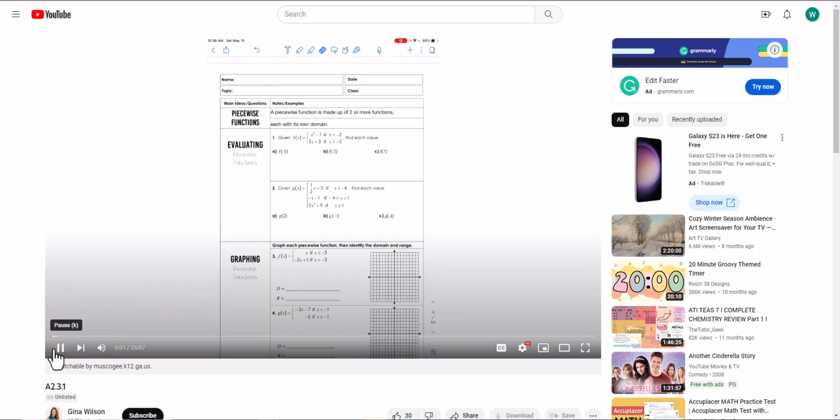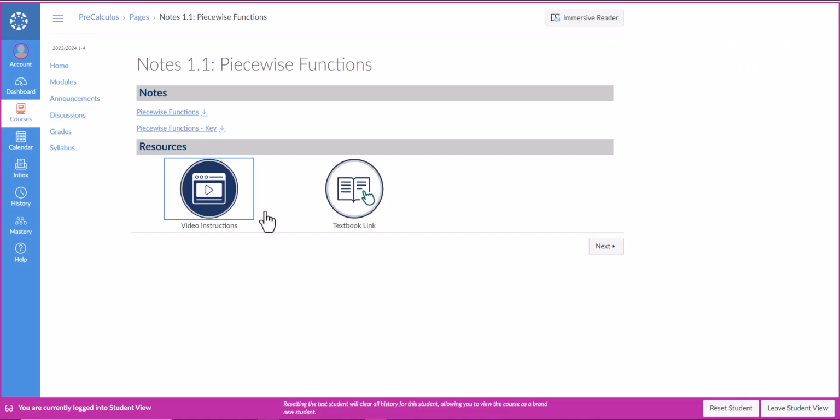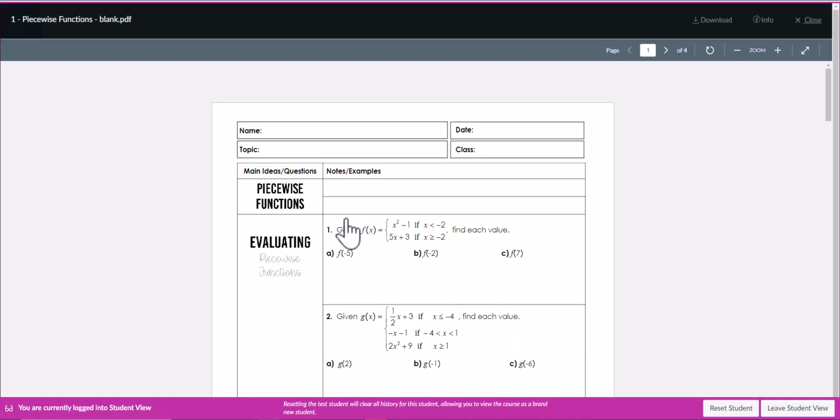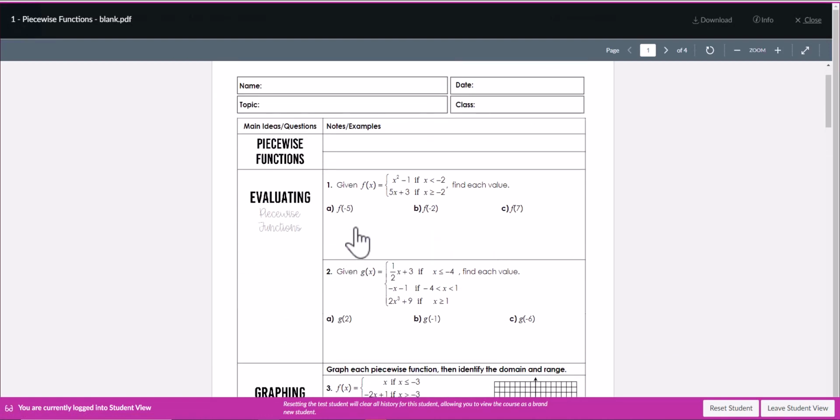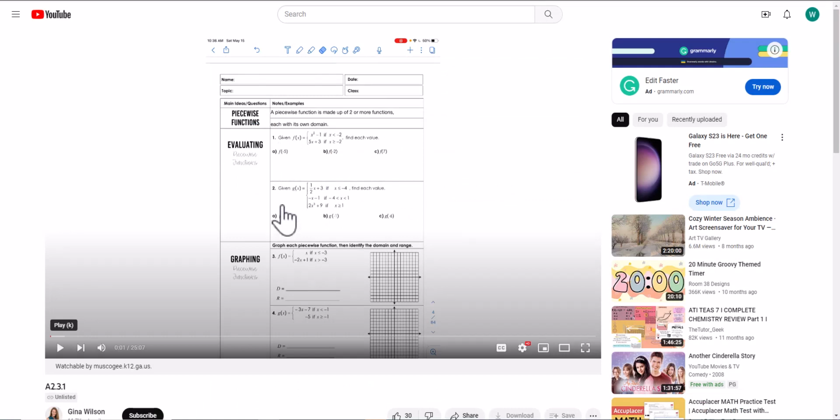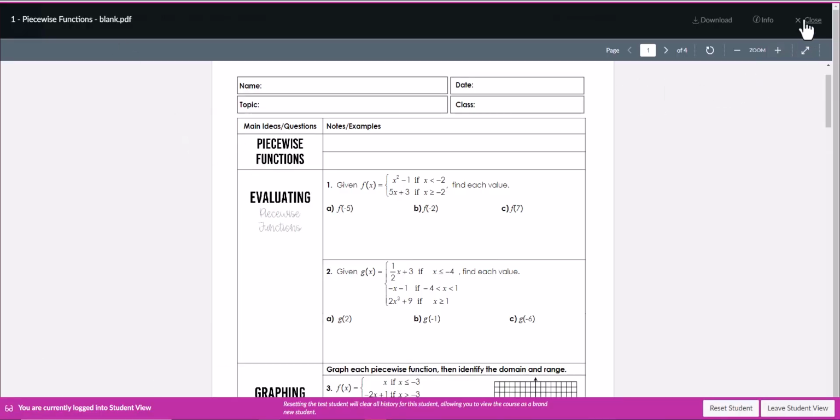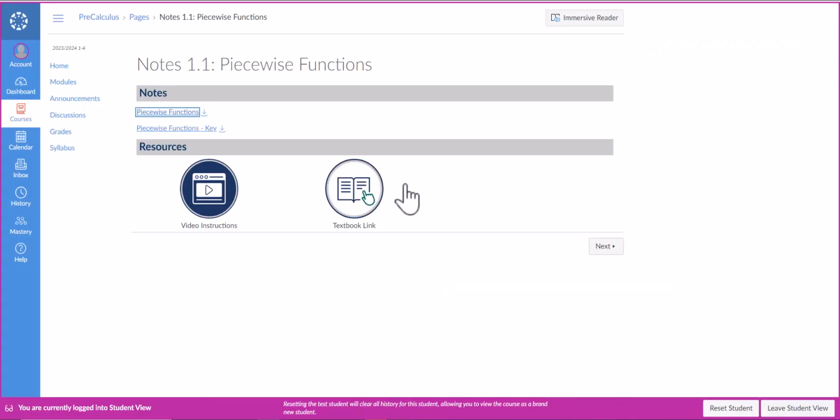Okay, we're done. So notice here, these notes that are being worked through in the video are the identical notes that you were given in class. See, I'll prove it. Look at number 1, look at number 2. All right, look at the video. Oh, look at number 1, look at number 2. They're identical. They're the same. So the videos treat these as your teacher teaching you the material. If at any point you have questions about this video, please email myself or email Miss Morgan and ask for help. We are here to help you be successful.